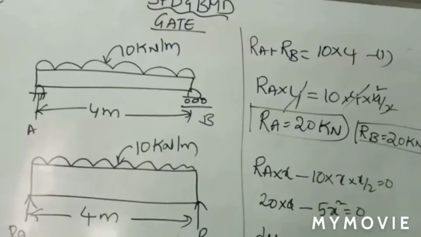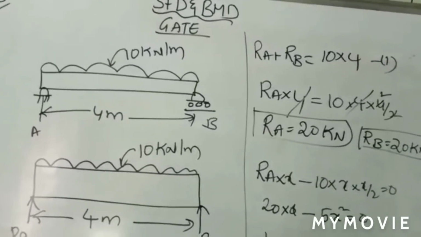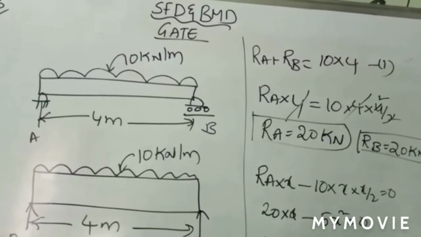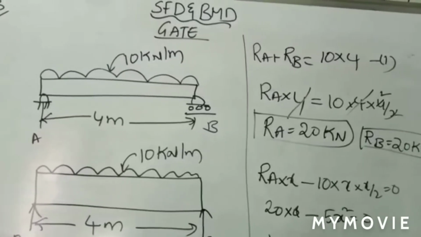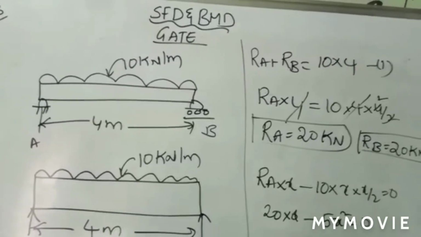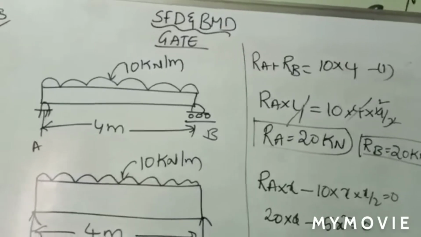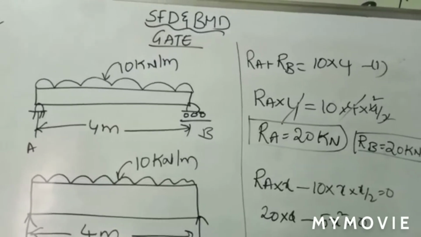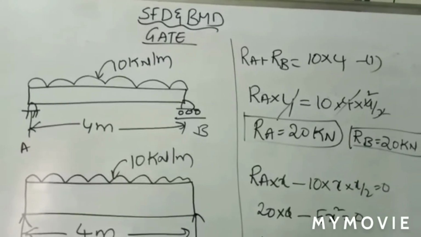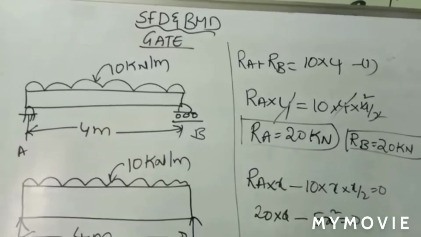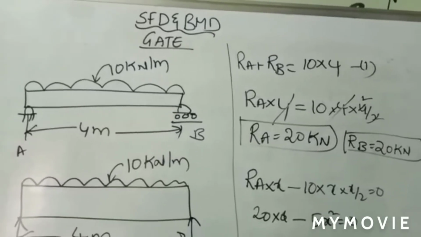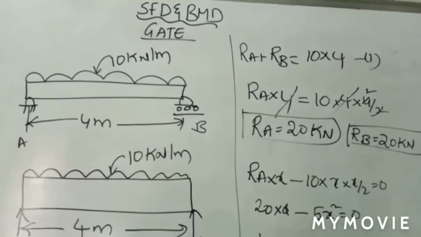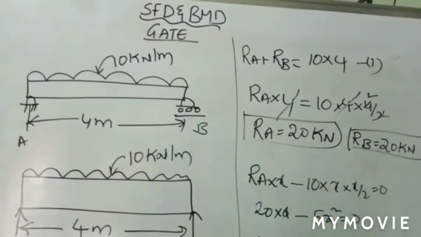First calculate at what distance you have maximum bending moment by using the equation dM by dx. Because at the time of derivation, you already know how you got the shear force diagram and bending moment diagram in terms of derivatives, dM by dx and dV by dx. You have some equations. Based on those equations, you directly calculate the maximum bending moment value, or at least you try to determine at what distance you have the maximum bending moment value. According to that, you can easily calculate the maximum bending moment value, right? In that manner you can easily solve this problem, right?